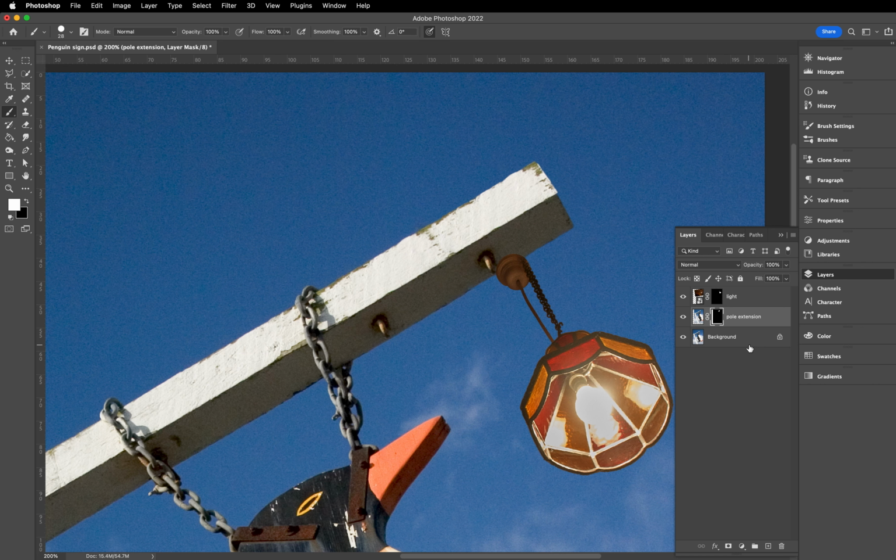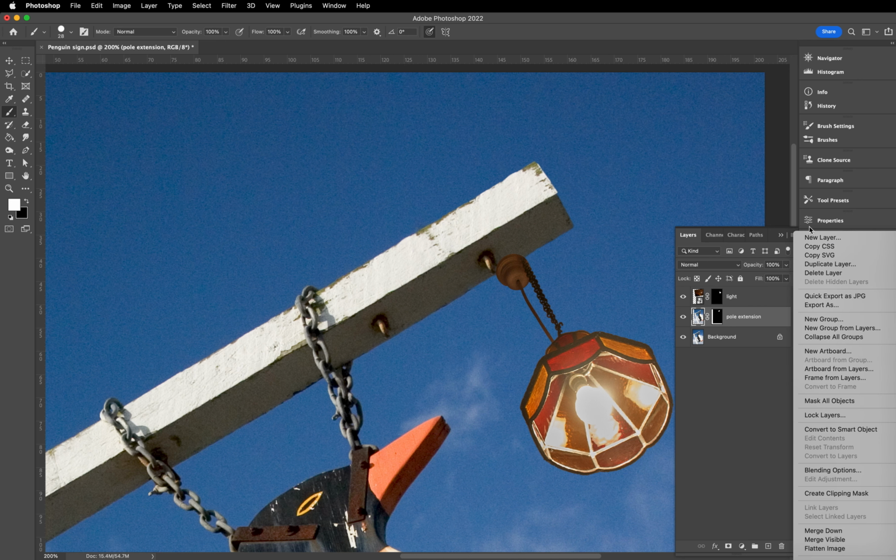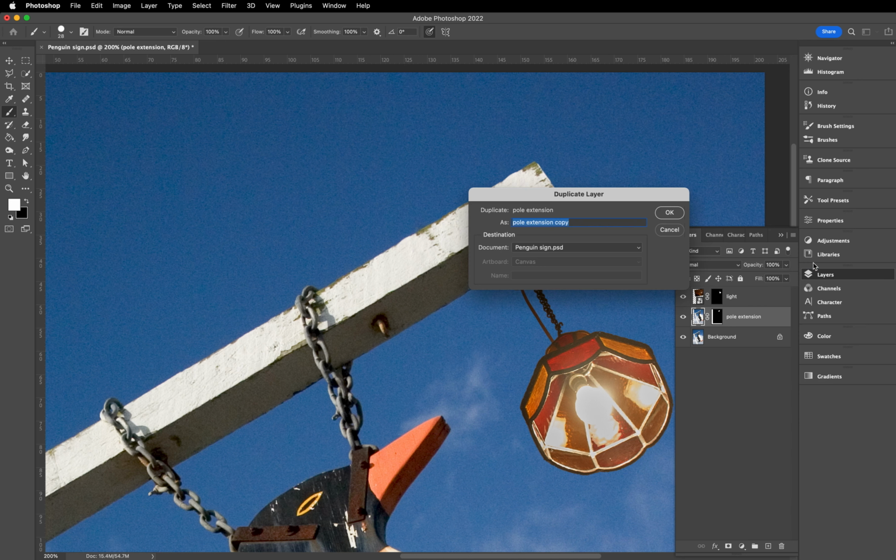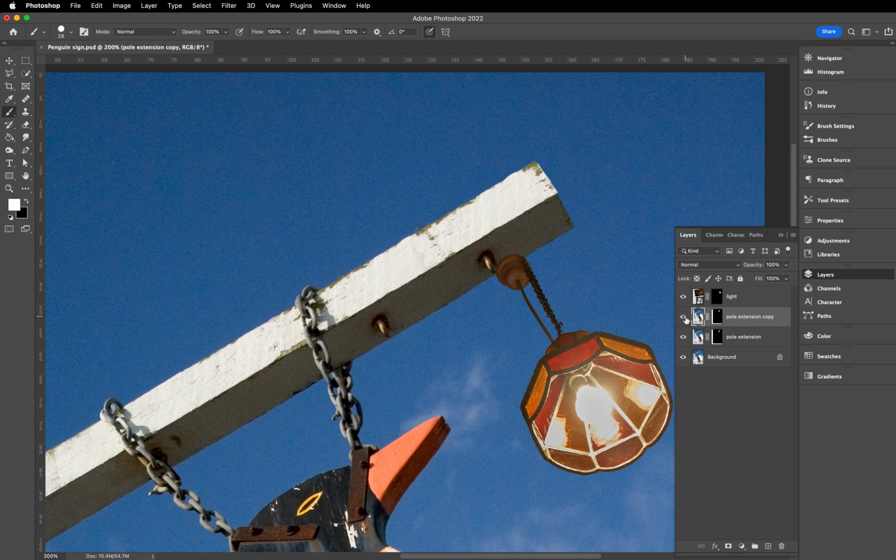Now, one last thing is a bit of cloning to do, and I'm going to do this destructively. Now, when that happens, it's always a good idea to take a copy. So that layer that I'm working on, I want to clone out that kind of hook area. So I'm going to duplicate the layer and call it pole extension copy, let's live with that name, and that's the one that I'll turn off, I think, and